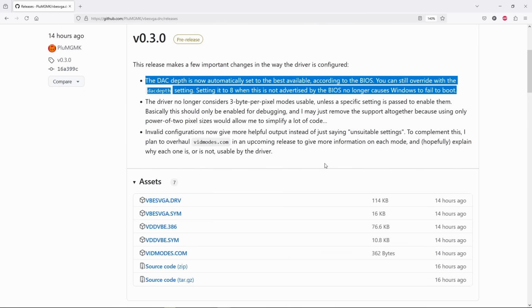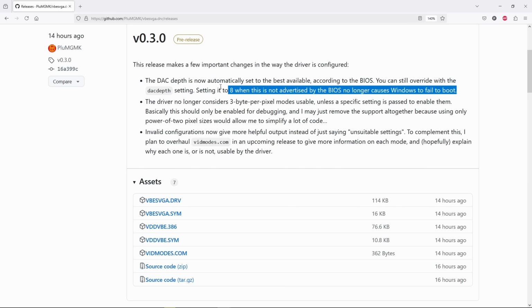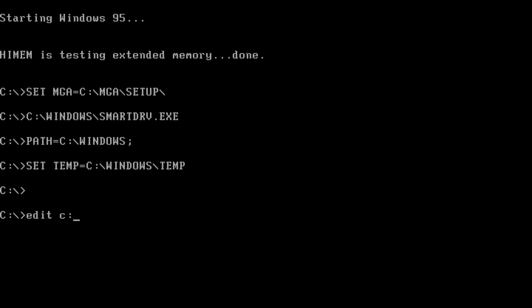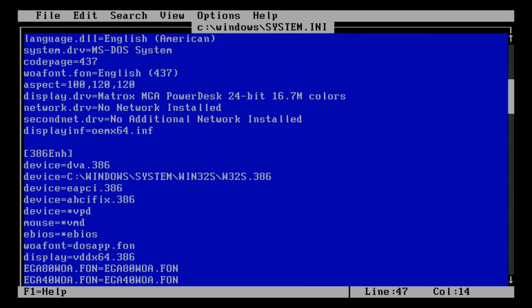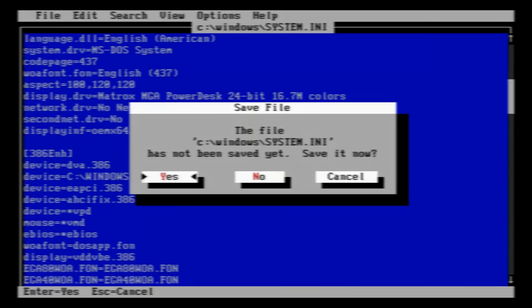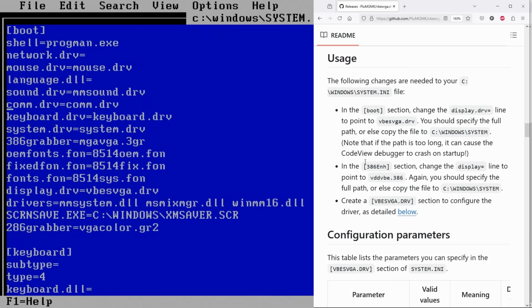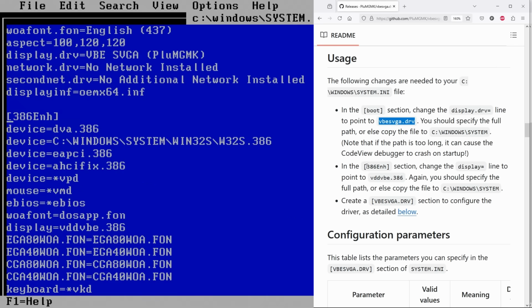Once we have these, the next step is to edit the system.ini file. This is where we make the necessary modifications so that Windows loads these files instead of the standard VGA driver or whatever other driver is currently installed. The changes are pretty straightforward. In the boot section, we specify the VBESVGA.DRV file, and in the 386Enh section, we add the VDD